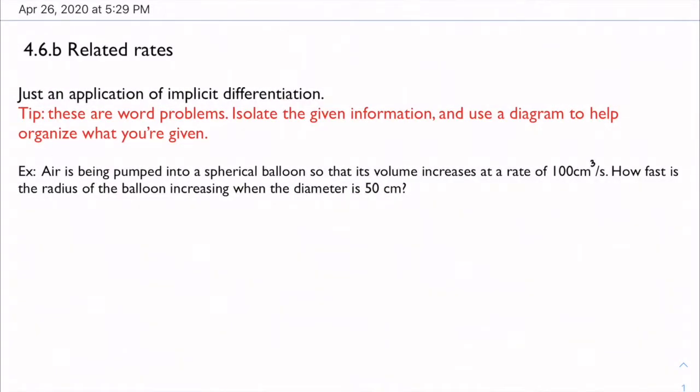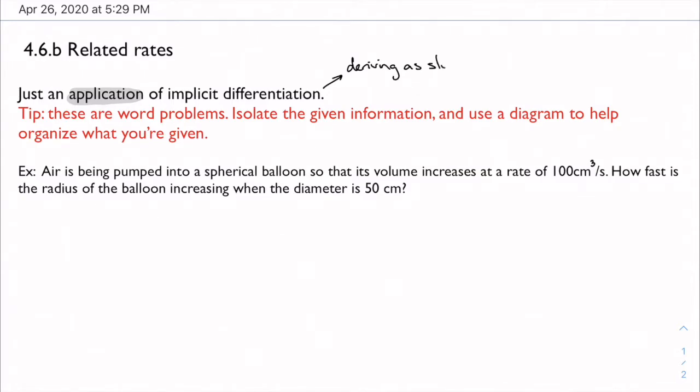Now, one of the other things that's really important to talk about in terms of implicit differentiation is its application, and that's when we talk about related rates like we are here. All related rates is just an application of implicit differentiation. Right? It's important to think about, we talk about deriving something